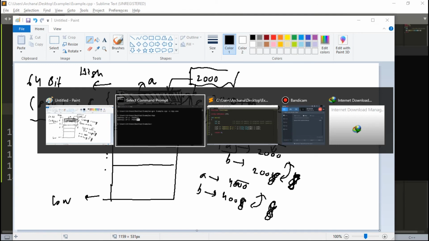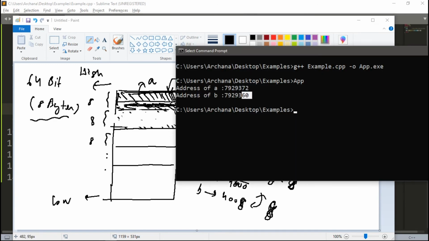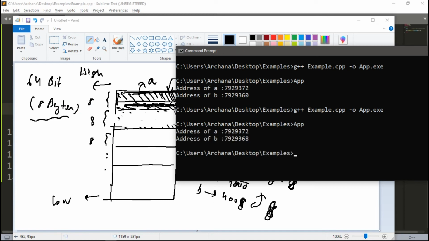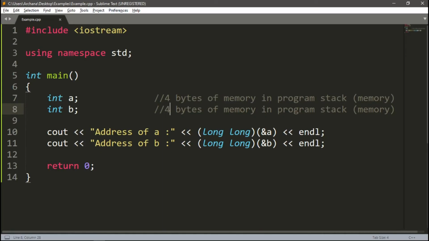So let's take a look at the compiled example. Now you can see that the difference between the addresses of A and B is 4 bytes. Here it is 72 and here it is 68. And if you add 4 bytes to 68, then we will get 72. So this is how memory allocation works in the C and C++ languages. And we can also modify the values at these addresses. For example,